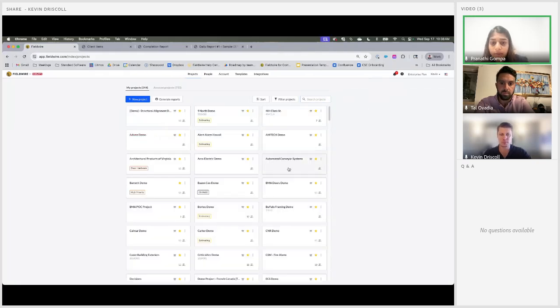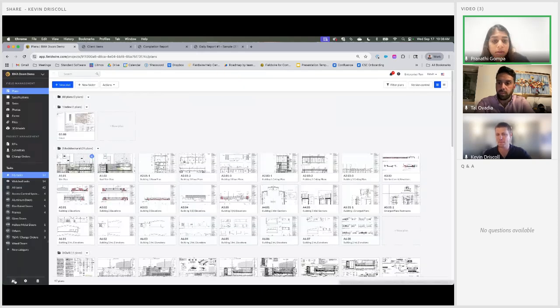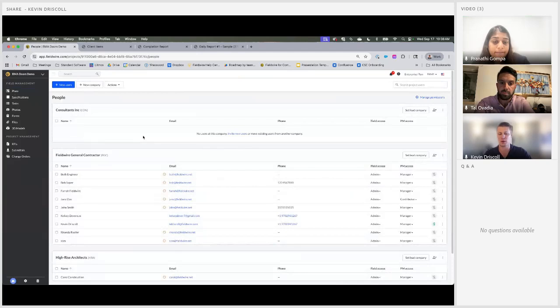Maybe Kevin, go back and spend a couple of seconds talking about the different permission levels within the project as well. That way, people have an idea of what kind of permission level to be given. Absolutely. So within Fieldwire, for that field access piece, which is the tool set that we've been talking about, plans, tasks, and photos, we have 3 permission statuses: admin, member, and follower. The easiest way to think about this is, admin is for project managers, people who are setting up the job, creating and deleting things, adding and removing people.